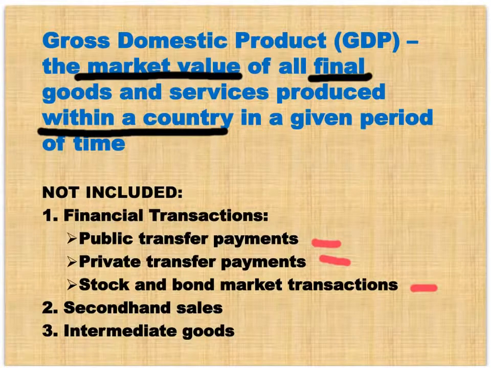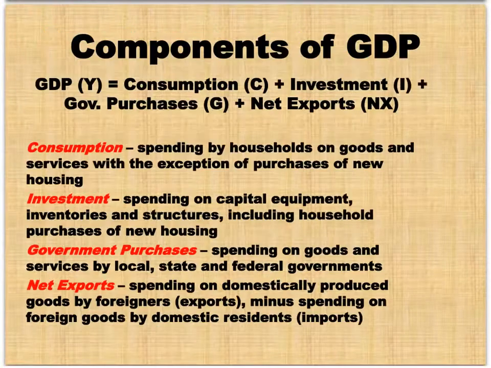And even stock and bond market transactions in the hundreds of millions of dollars. There's no production. They're just pieces of paper floating around. So financial transactions don't count. Secondhand sales don't count. We're trying to measure GDP within the given year. So if you buy a very expensive car but it's 3 years old, not in GDP. Same is true of used houses. And finally, as I mentioned earlier, intermediate goods don't count, unless you're stockpiling the intermediate good at the end of the year with which to make final goods and services at some point in the future, then we'll count it as inventory. More about that in a minute.